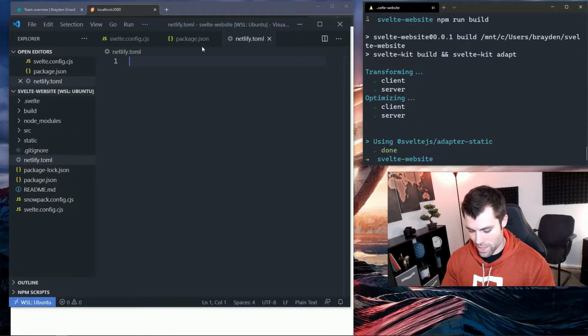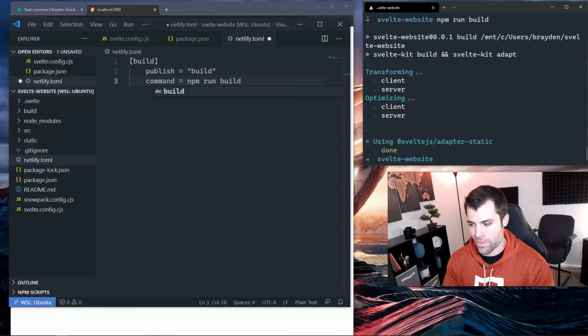So here we're going to say square brackets build, and then inside of that build, we want the publish directory, the directory that it's actually going to publish, to be equal to the build directory. And we want the command to build our site to be equal to